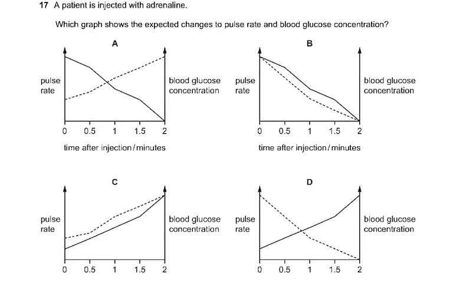17th question. A patient is injected with adrenaline. Which graph shows the expected changes to pulse rate and blood glucose concentration? Pulse rate increases, blood glucose concentration also increases. We did this in the first question. So the answer is going to be C. Both are going to rise, because the adrenaline works on the liver and converts the glycogen to glucose, just like glucagon. So more adrenaline, more glucose in the system, because when you're going to fight, you need more glucose in your blood so that it reaches the muscles and you can do more muscular activity. It's a fight, fright, and flight hormone.